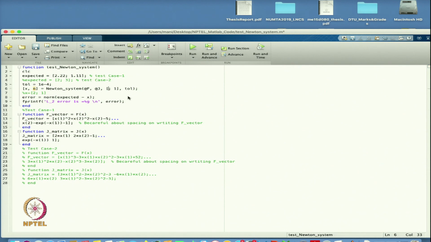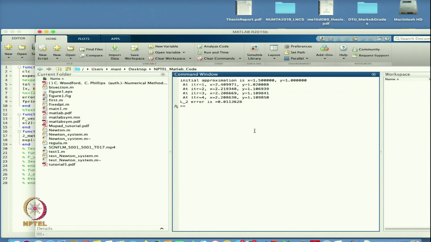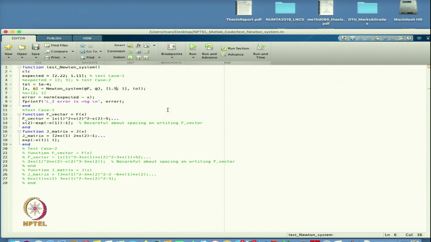So, that is why I have to start with this value, or maybe I can start with 1.5 and then let us see what will happen. Now, we are converging to this root. So, it is based on which root you want, because it may have more than one root and you do not know which root you are going to find. So, in this case I am going to find the root here. I take this initial condition and based on it my root is converging to 2.20 and 1.10. So, this is what we expected. That is the way we can solve test case 1.